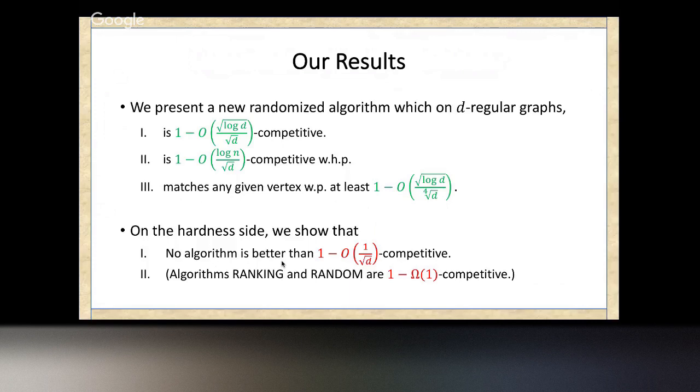We have matching high probability results. You can guarantee every vertex probability 1 minus o(1) of getting matched. And our results are pretty much